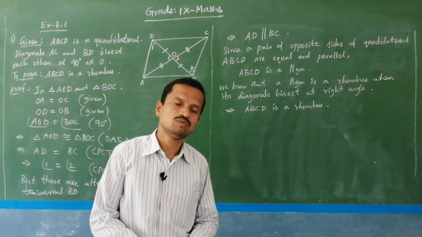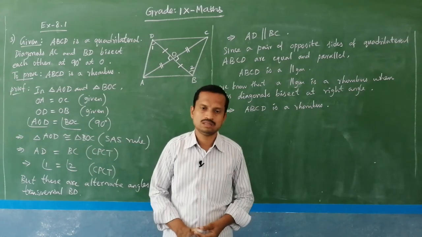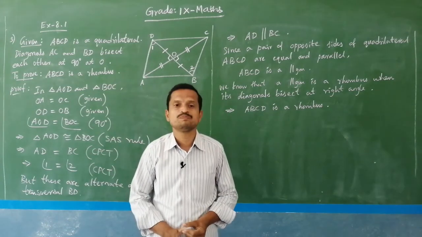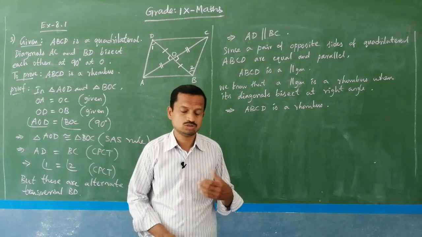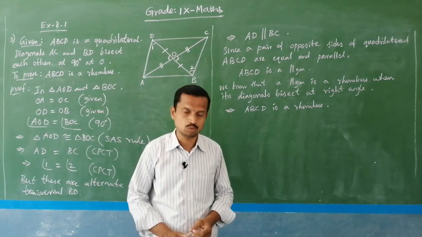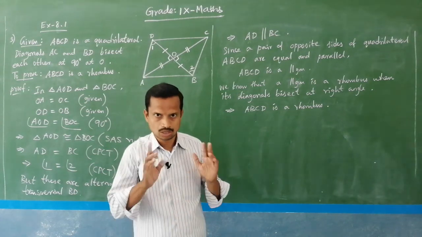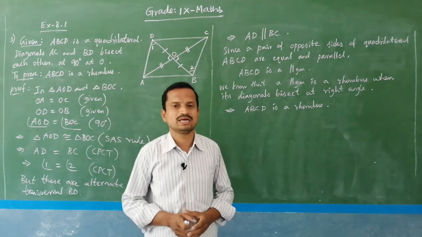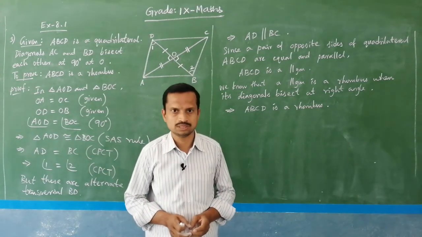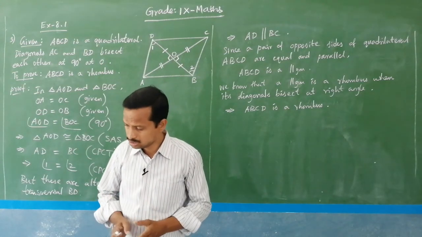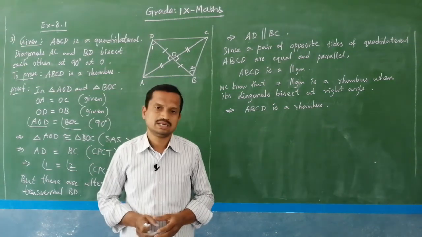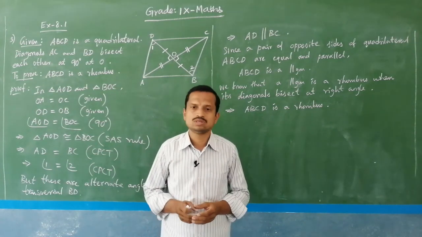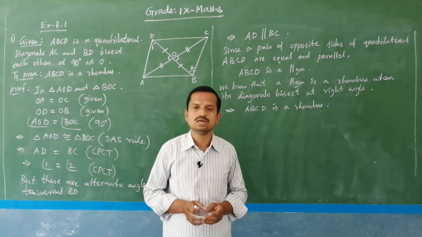So, this is the proof, and the other problems we will see in the next class. We have proved some theorems also, and the rest of the theorems you can prove by yourself easily by using the two concepts. One is congruent property of triangles, another one is lines and angles concept. And then we have seen 3 sums in this exercise, and 9 more sums are there, I think. So, out of that 9 sums, a few sums we will see in the next class.